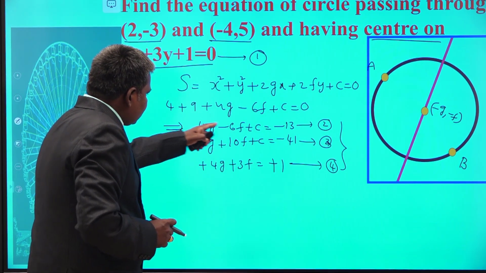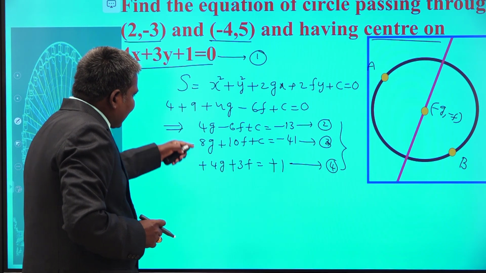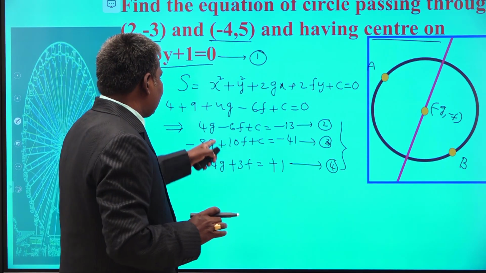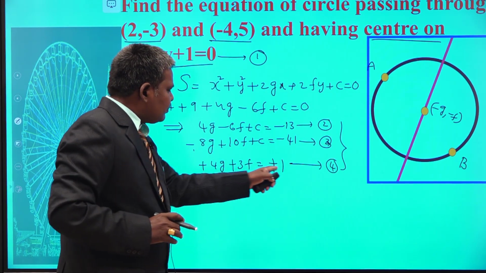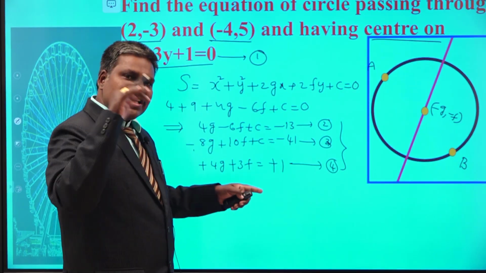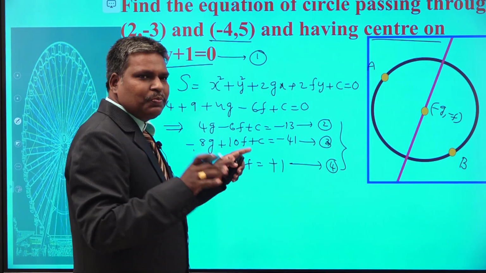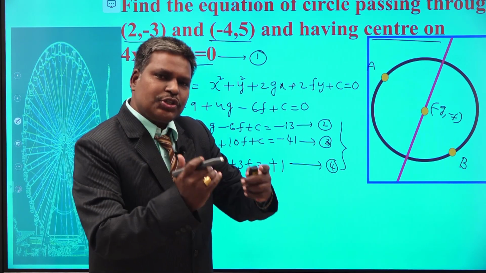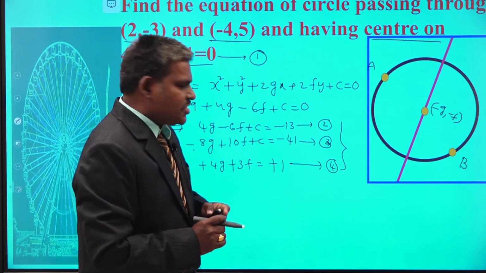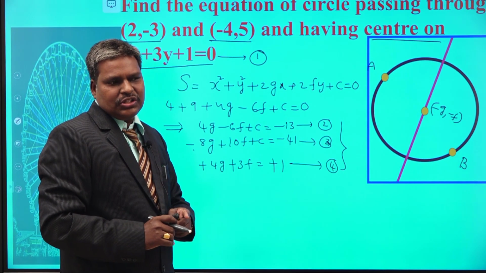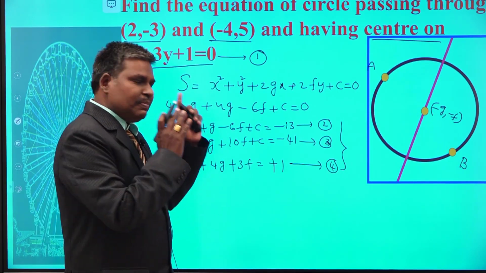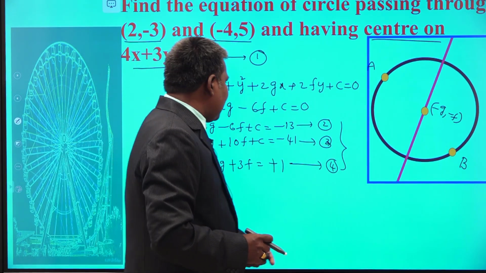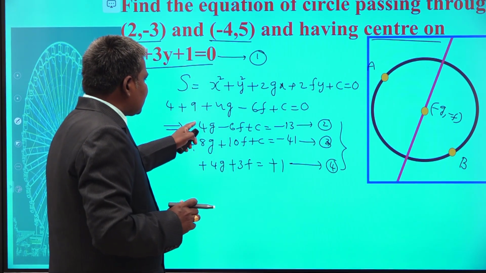So, you have c in these 2 equations. By subtracting one from the other, you can eliminate the value of c. We get some condition in f comma g. Also, we have some equation in f and g. Now, by solving the equations purely in f and g, we get the f comma g values. Again, substitute the f comma g values in any equation having c, and we get the c value also. Keep f, g, c values in the above equation, S is equal to 0, then your job is over. That is why we are going to solve these 2 equations, 2 and 3.